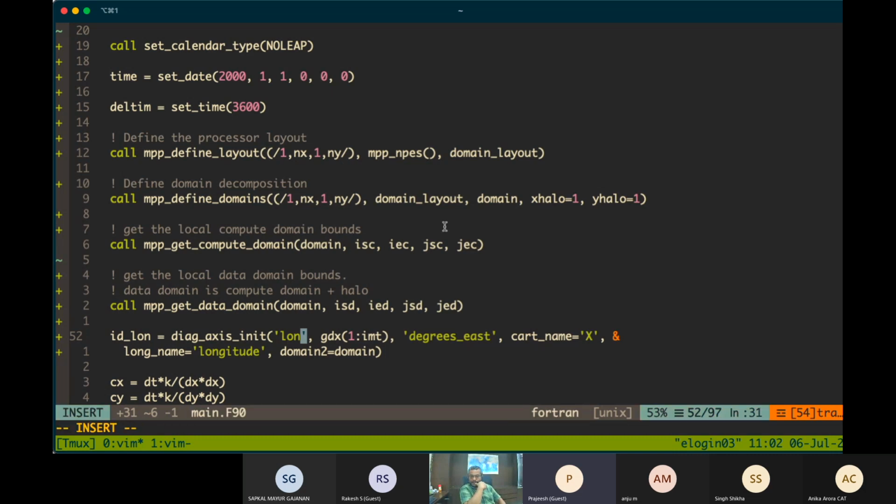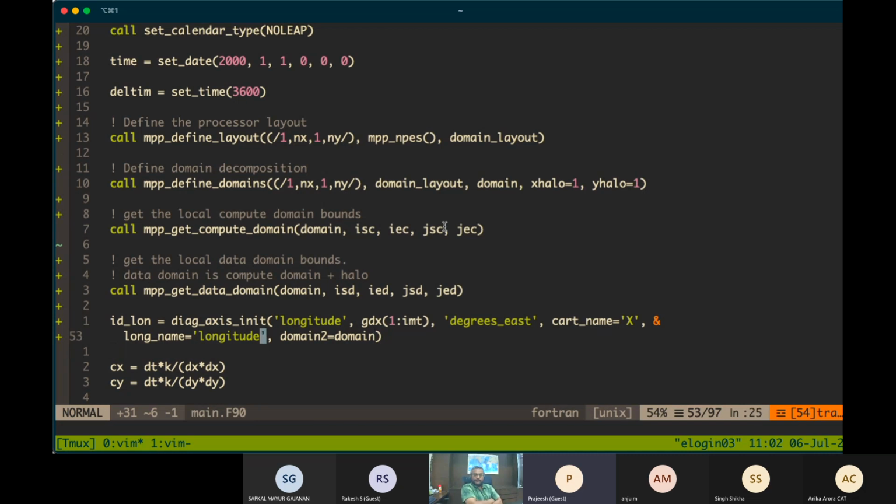You can put longitude if you want, anything. Then you have to give the actual values for the axis, which we have to create now. Then you need the unit, which is degrees east, and which axis it is, the Cartesian name, which is x, and a long name, you can give longitude, and give the domain information also.